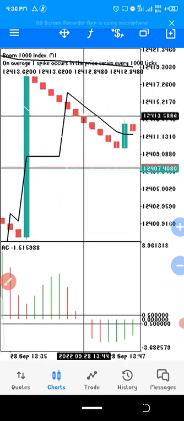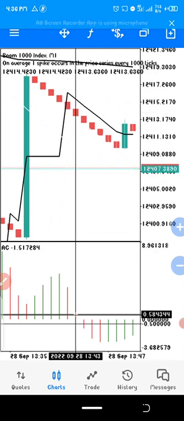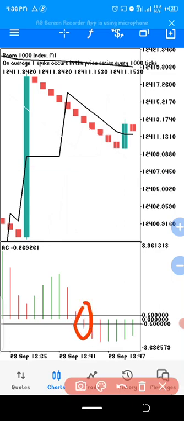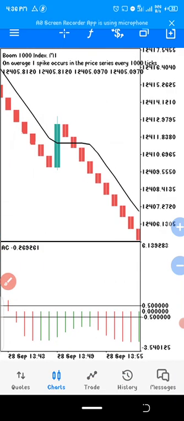This right here would have been our trade entry, because you can see right here and right here that the candle closes below the Ichimoku, and the accelerator oscillator has closed below the minus 0.5 level. So how many candles would you take? You would take 3 to 5 candles, or if you have a larger account, you could take 5 to 6